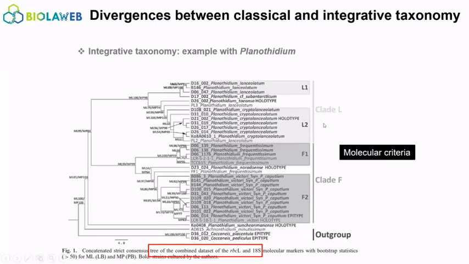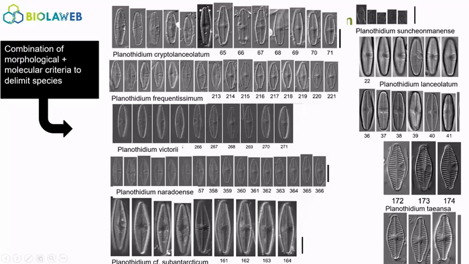And you can find again a certain number of clades. And they were able to combine these two criteria, morphology and molecular criteria, to delimit a certain number of species. So you can see here, this is one species, this is a second one, a third one, and so on. And for people who are using classical books of identification, so the Krammer-Lange-Bertalot books, where we are making classical identification